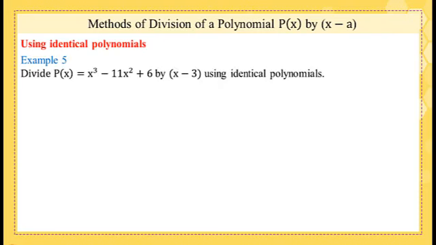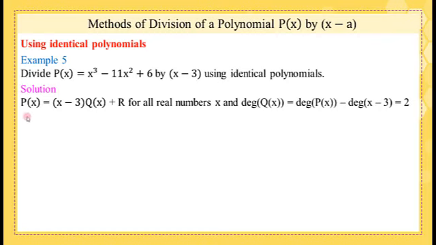Methods of division of a polynomial p of x by x minus a. First, we will use identical polynomials. Example: divide p of x equal x cubed minus 11x squared plus 6 by x minus 3. Solution: you know that p of x equal parentheses x minus 3 multiplied by q of x plus r for